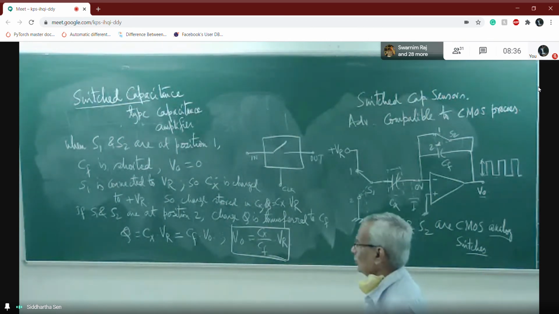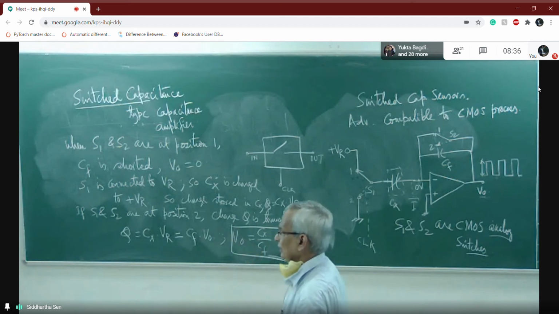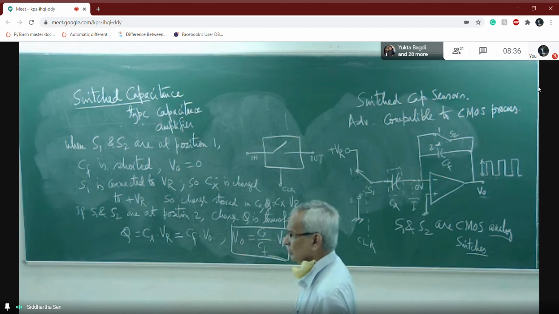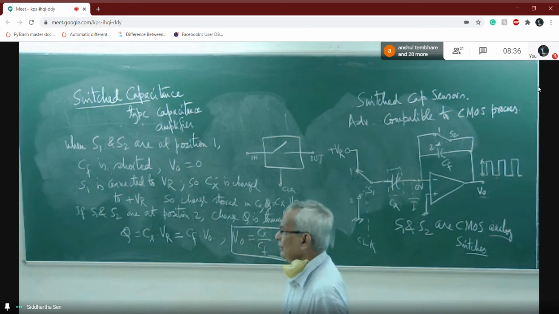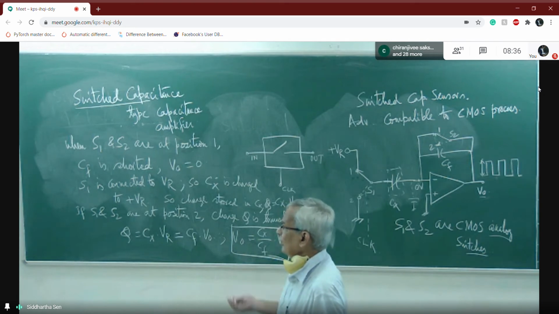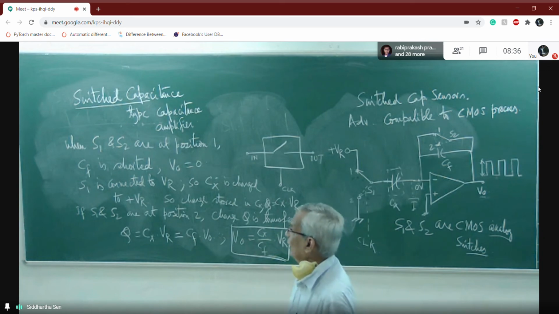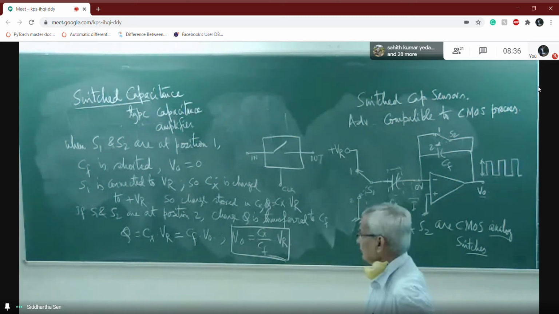Mostly. Almost all. You can find this in basic electronics books, like Millman and Grabel, Taub and Schilling, or any other filter book also. Active filters: you have studied passive filters mostly, but for active filters there are books like Van Valkenburg and Schaumann, or some German name I forgot. There is a lot of activity in filter design, and they have shown how to implement it using active filters. Okay. Any other question?